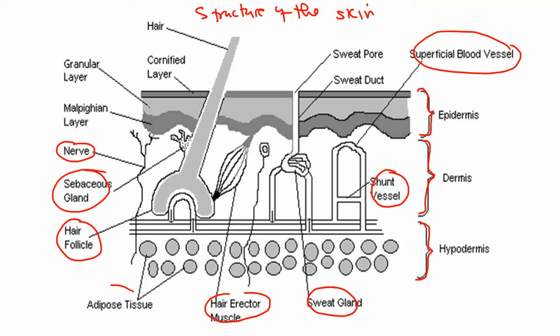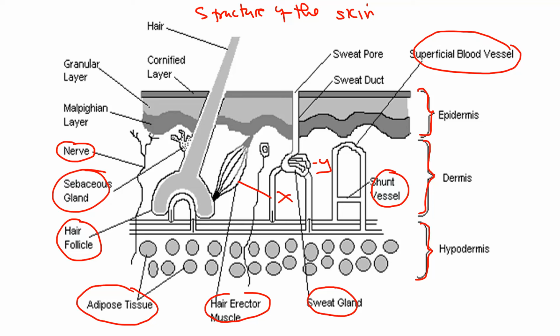So this is made up of the adipose tissue, and all these are very important at all stages as we discuss. Now, this structure, you need to know it. Given this structure, especially in paper 1, you might be given, let's say, this part is X, then this part is Y, and you are asked the functions of X and Y. This is the erector muscle, and that is the sweat gland.